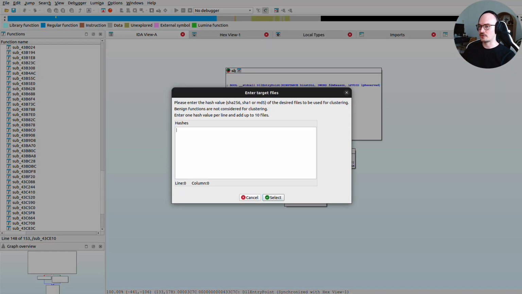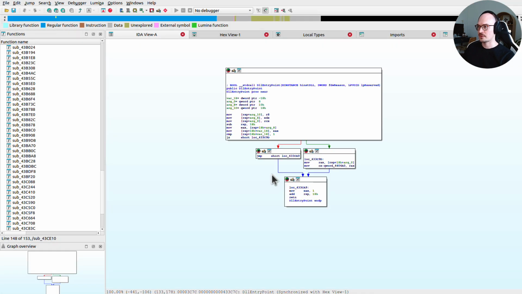So I'm clustering this one against what I had beforehand, which is this one here. So that's our patient 0 hash. I cluster against that,